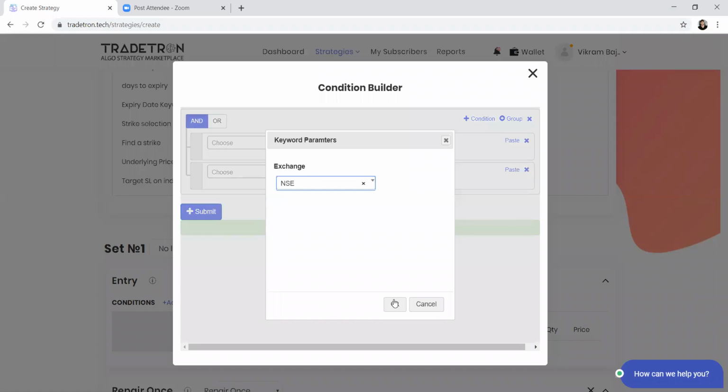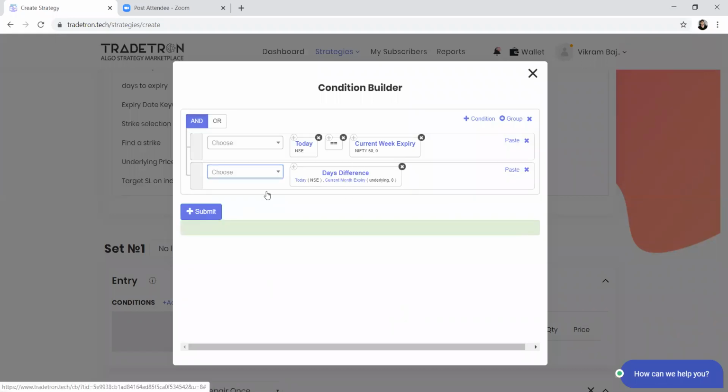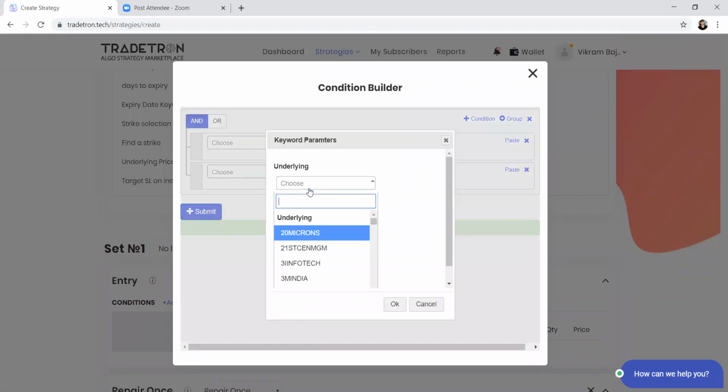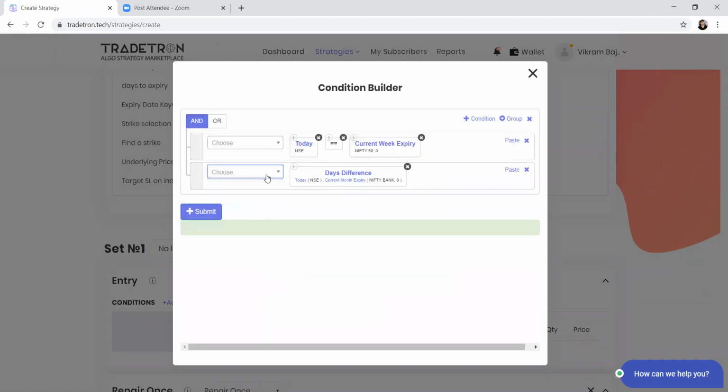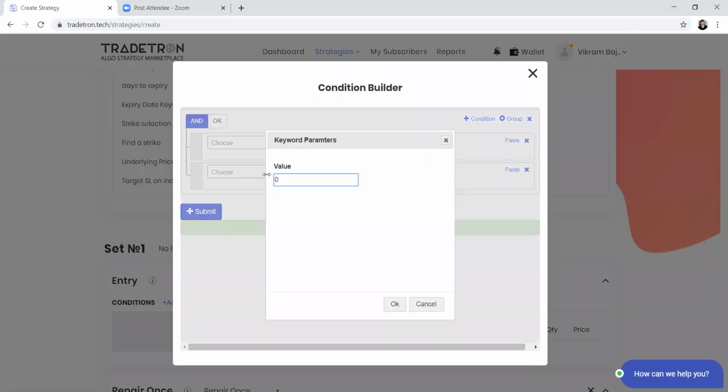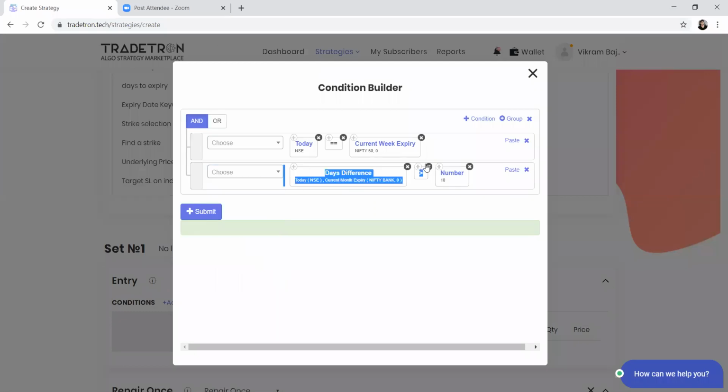Here I have to select the exchange and here I have to select the instrument name. Let's say I select Nifty Bank. If days difference is greater than 10, or it is less than 10, whenever this condition is satisfied, then only you want to take the trade. Like this, you can use this keyword as well.